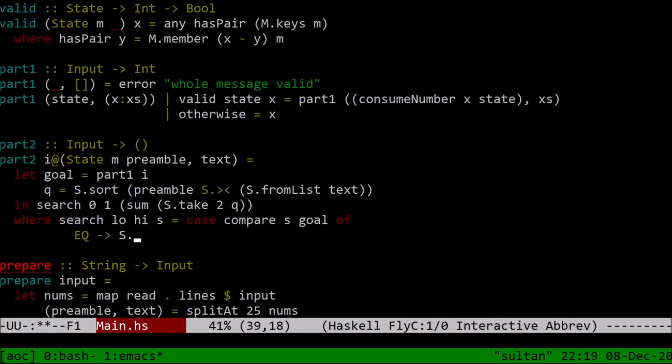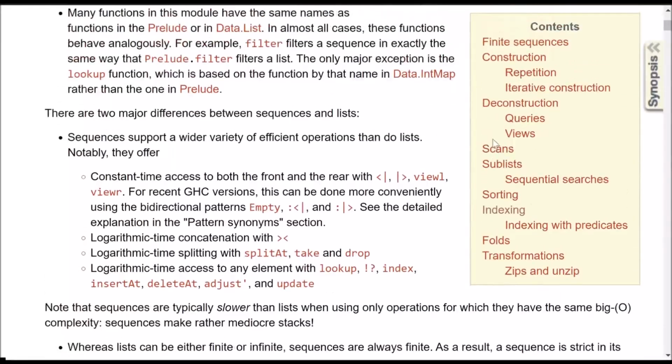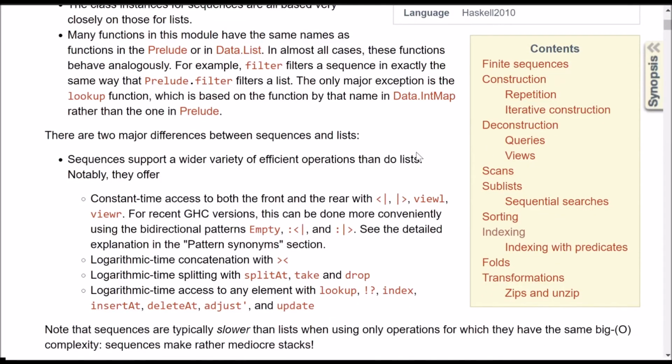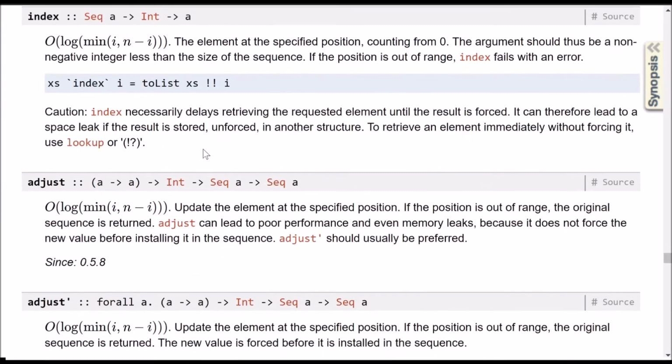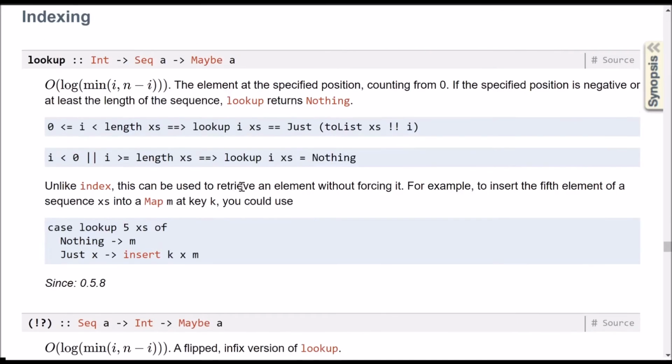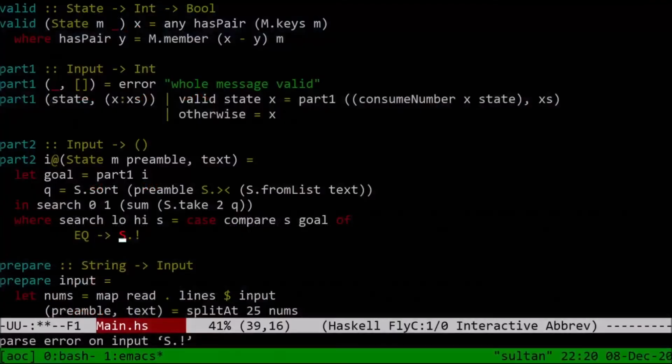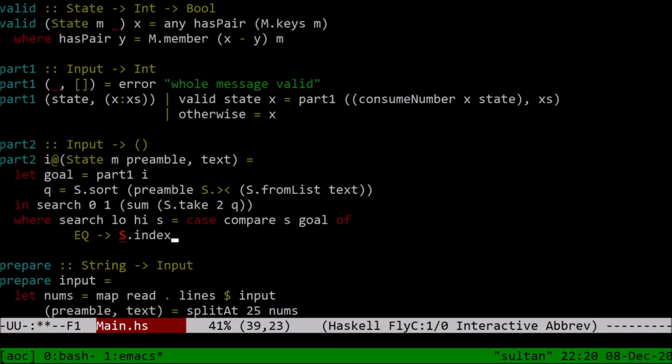S dot, how do you look something up unsafely? And it takes the... oh, look up, I was looking at the wrong indexing. Here we go. I was looking at the Data.IntMap. But yeah, we want index here. Fine. S index of Q low plus S index Q high,